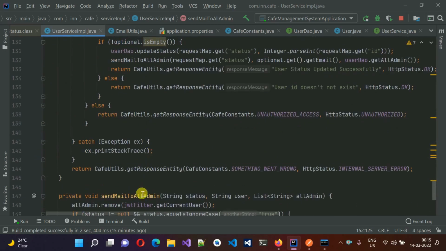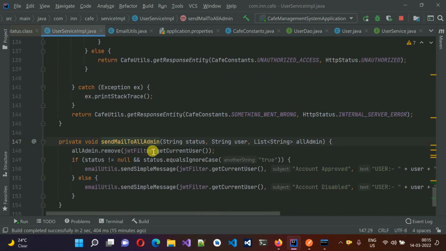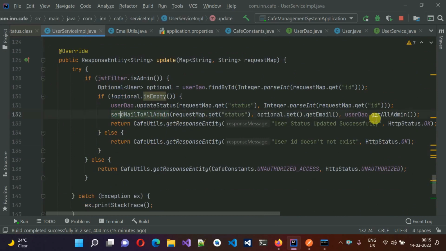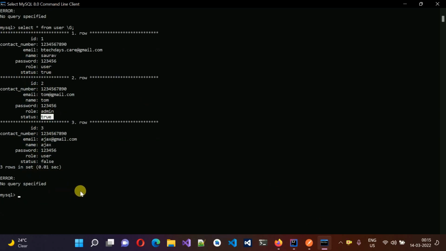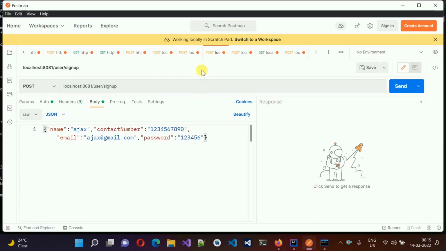And here you can see this. Now the send mail is being called from here, and in the database, if you can see, we have only one admin user, so I'm going to add one more admin over here. So move to the Postman, and here we have the API, that is localhost 8081/user/signup. In the previous video, I have shown you how to use this, and here we have Ajax and like this. So I'm going to add one